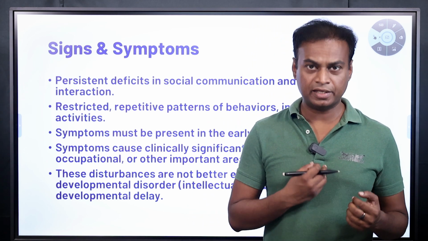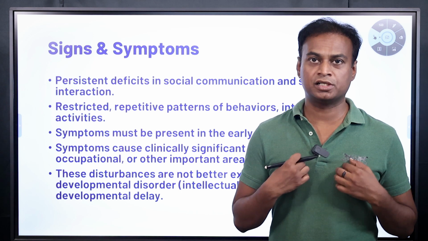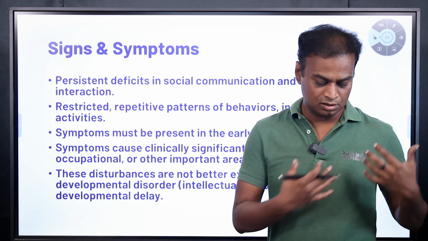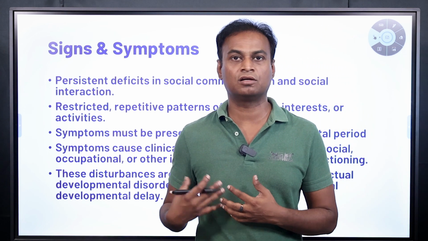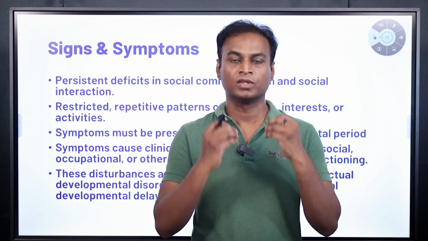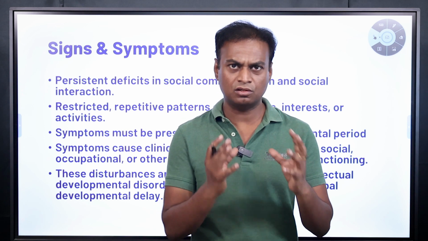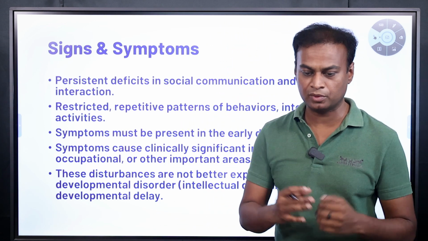For example, if they like a small button on your shirt, they will be looking at the button, or if there is something flashy on the dress, they will be concentrated on it. When you are speaking and looking at them, there will be no eye contact, or there will be abnormal eye contact.